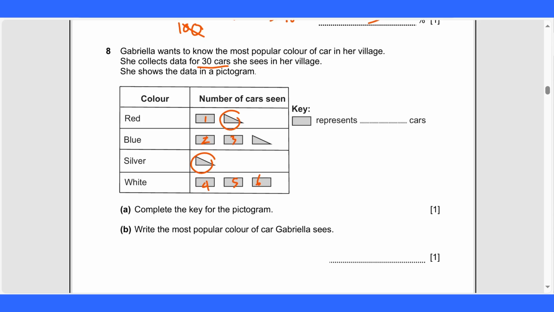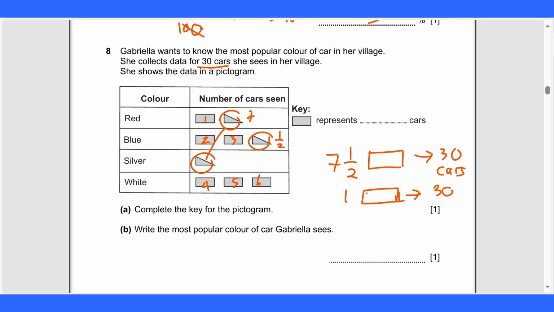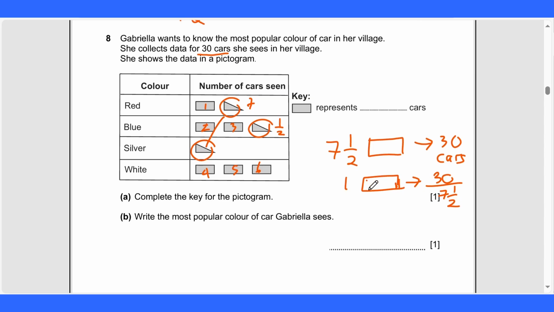These two will make 7, this and this, and then we have half a rectangle, so we have 7.5 rectangles that represent 30 cars. So then to get 1 unit of rectangle is 30 divided by 7.5. Now 30 divided by 7.5,